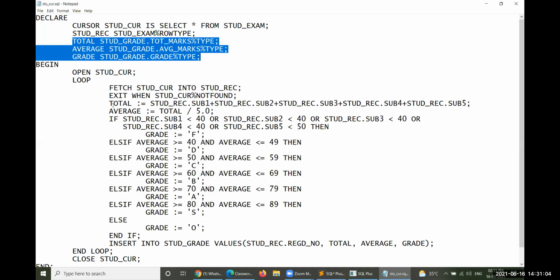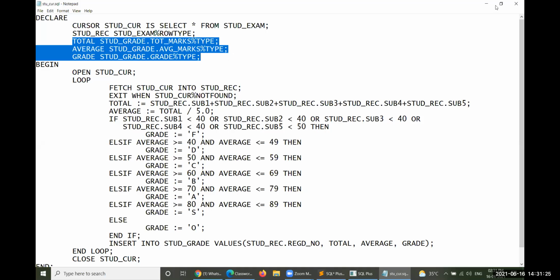While writing this PL/SQL program, I typed this program very fast, so typographical mistakes existed. So you have to type very carefully. Don't go for many errors, or you will get confused. In this way, you have to write this cursor.